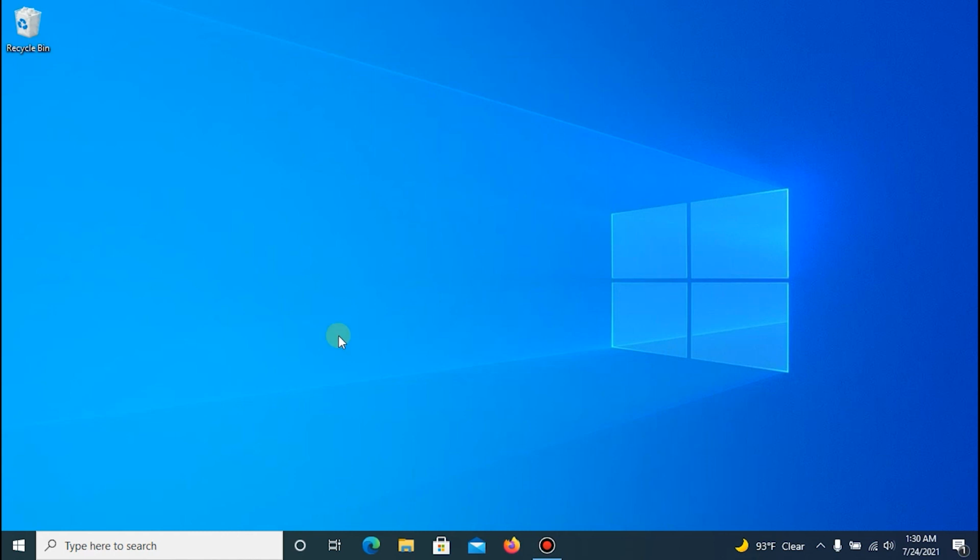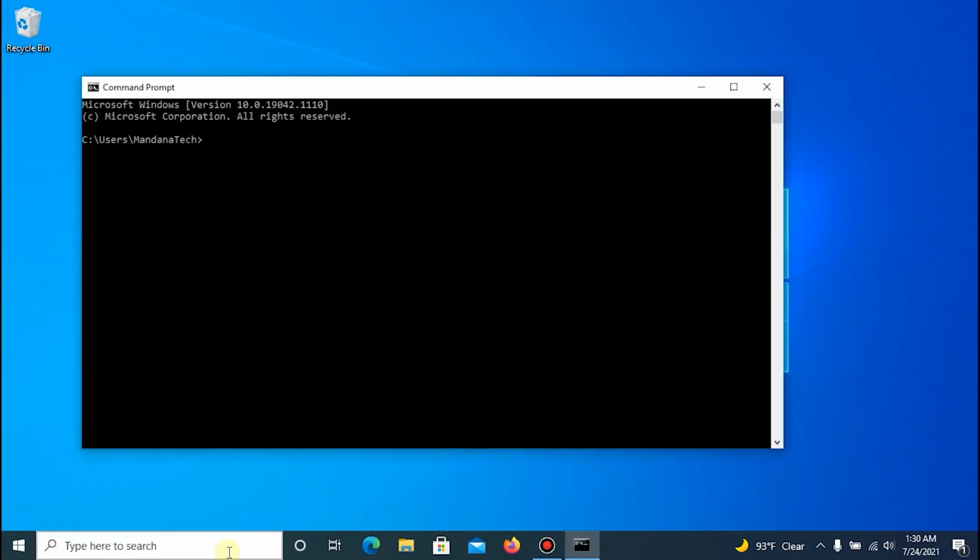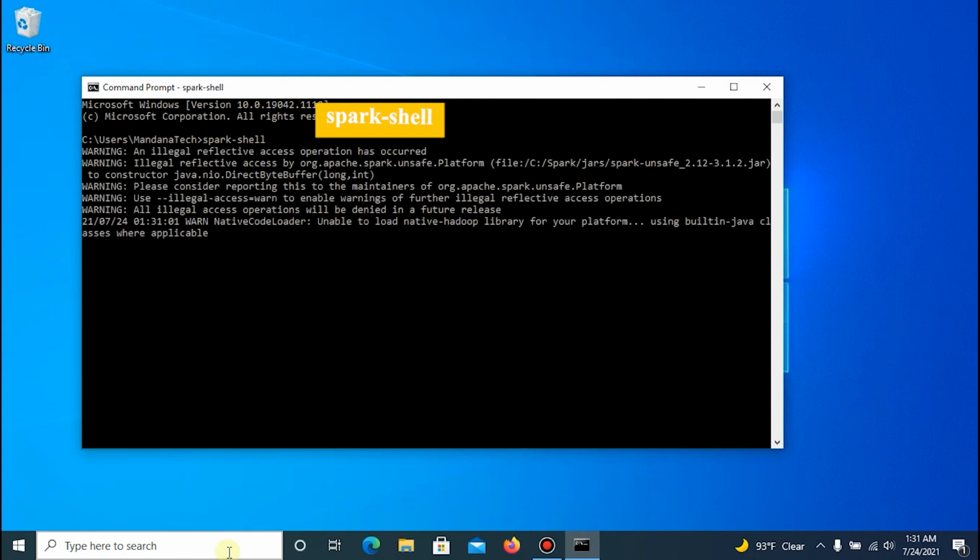If the environment variables are set correctly, you can type spark-shell and launch Spark. We check whether Spark is installed correctly.